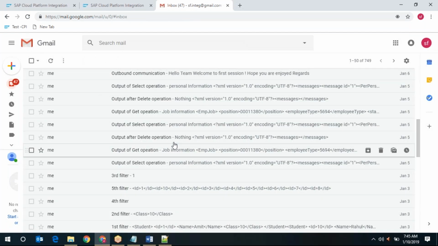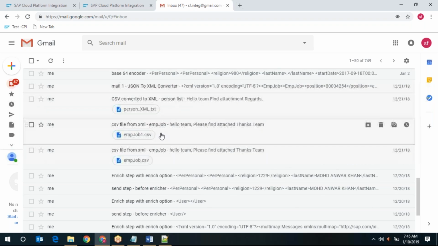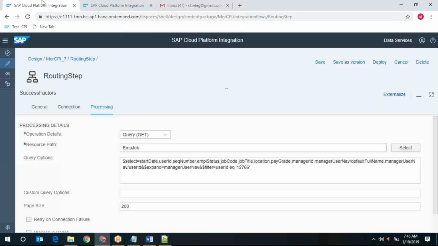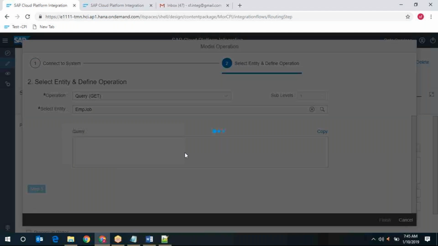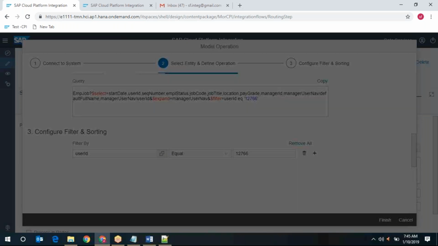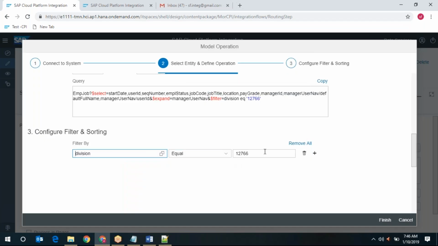So let me select the data. We are expecting an EMP job, right? So in the filter, let's select a division. Okay. So if the division equals